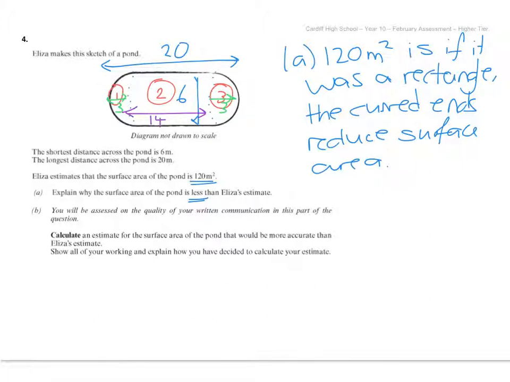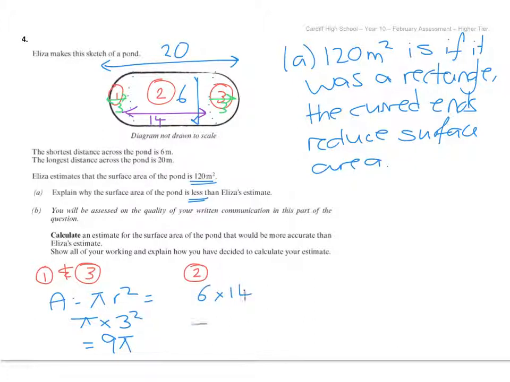So section by section, I'm going to start off by doing 1 and 3 together. To make my life easy, I've put those two semicircles together to make a whole circle. So area equals pi r squared, which is pi times the radius of 3 squared, so that gives me 9 pi. I'm going to leave it in terms of pi just for now, and then it means my final answer will be really accurate. Then I'm going to do section 2, it's my rectangle, so that's going to be 6